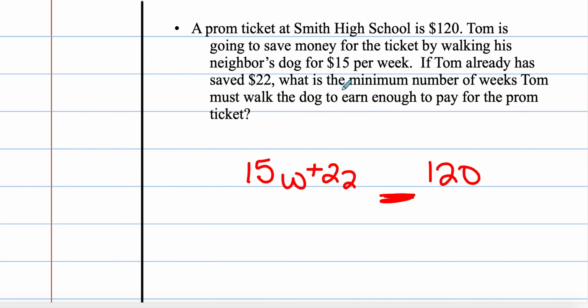So it would be the greater than or equal to, because if he gets to 120, he's good. And he doesn't want to earn more because he wants to just get right up until that point. This side could always be greater than that. He needs at least 120. Go ahead and get